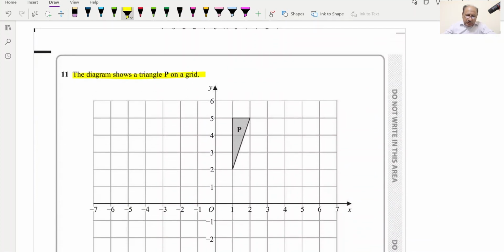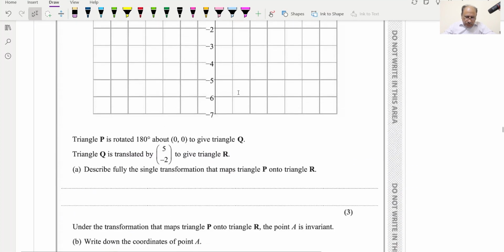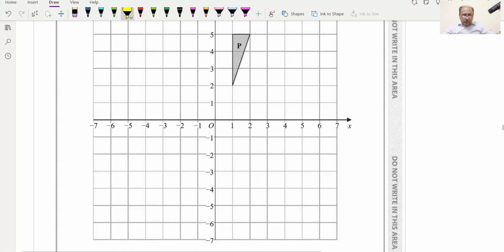Question number 11. The diagram shows a triangle P on the grid. The triangle P is rotated 180 degrees about the origin to give triangle Q. So first we will do this step, then we will do the next step. First we have to rotate it about 0 0, and for rotation about 0 0, what we can do,